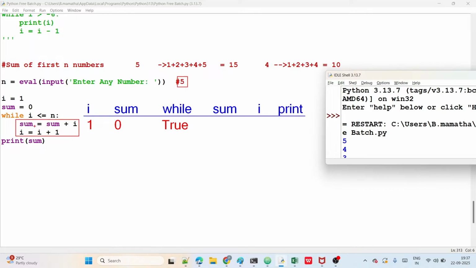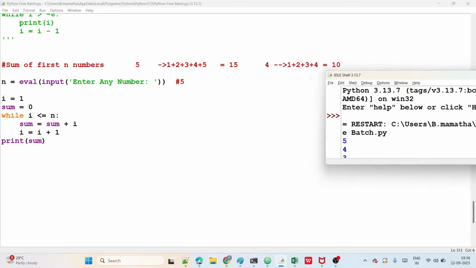In the block, sum equals sum plus I. Sum is already 0, so 0 plus 1 is 1. The sum value is 1. And the I value is already 1, so 1 plus 1 is 2. The I value is 2. So the loop does sum equal to sum plus I, and I equal to I plus 1,